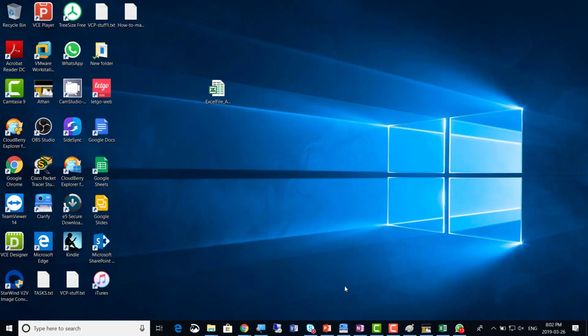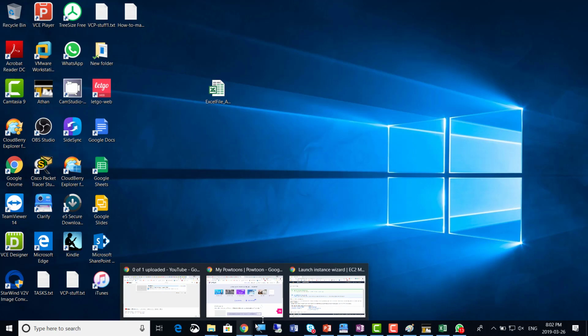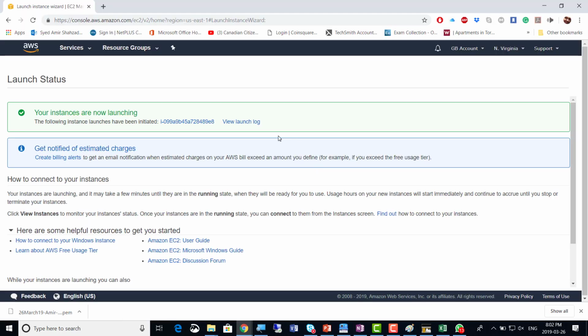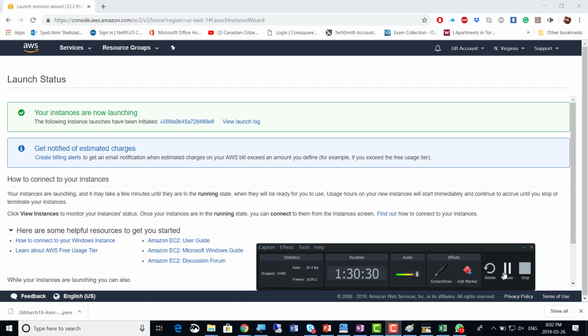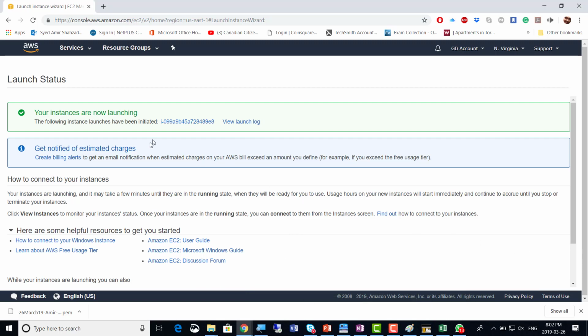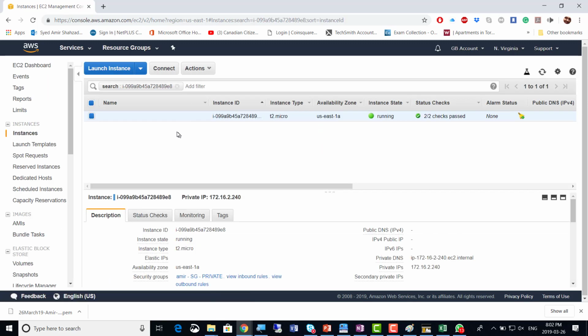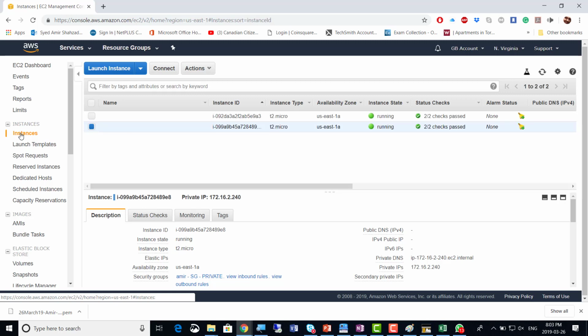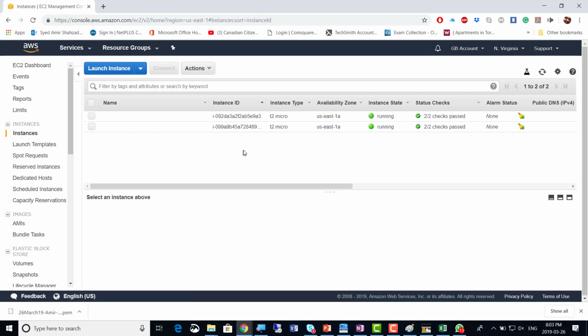We were supposed to have the two instances started now, and that is if you click that second instance when you launch there. The second instance that you launched, you can just click this, and now you have the instance showing. But if you want to see the two instances, click on the left side here, and it is instances. Once you click instances, you can see the two instances here, and the second one was